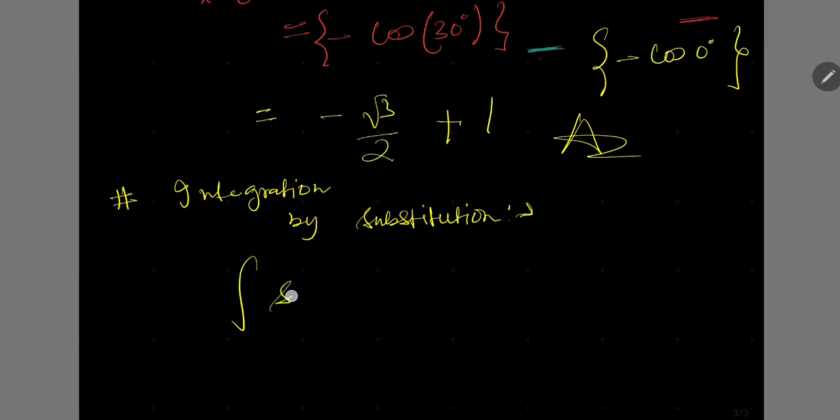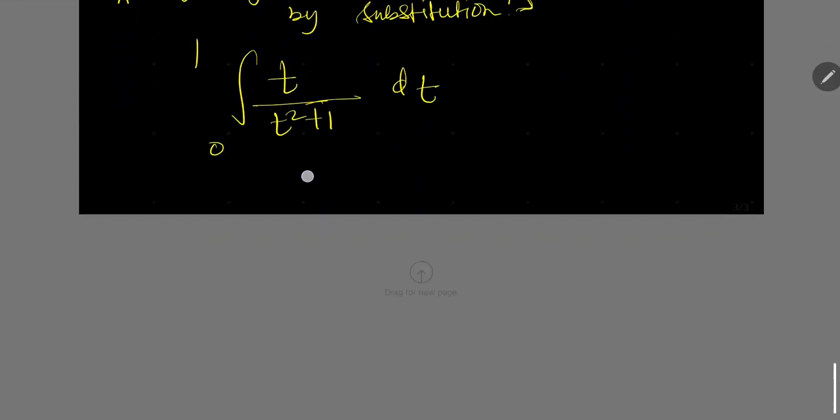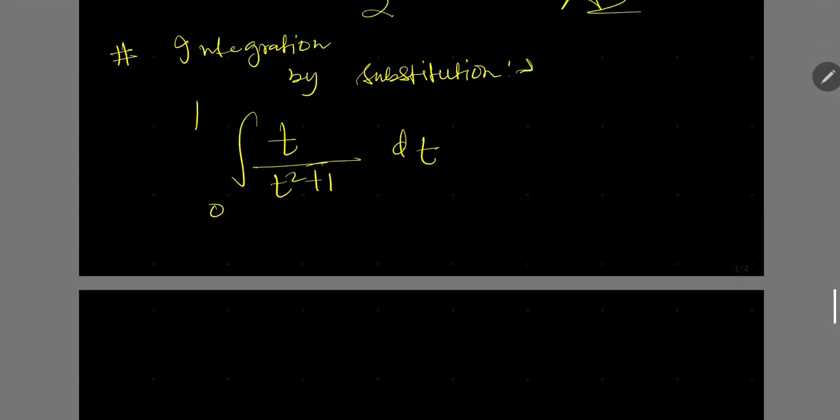Let's say I am saying it is sin x cos x, or you may say that we have, let's say, t upon t square plus 1 dt. This is the integration you have to do, from 0 to 1. How will you do it? You will see that there is no formula working here, but you can see that if you put t square plus 1 as